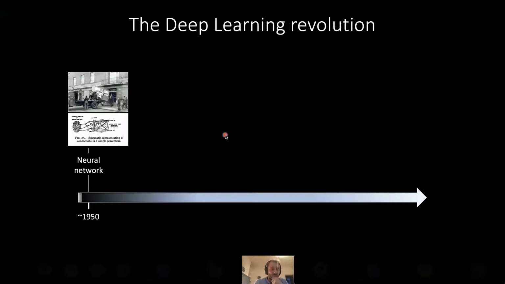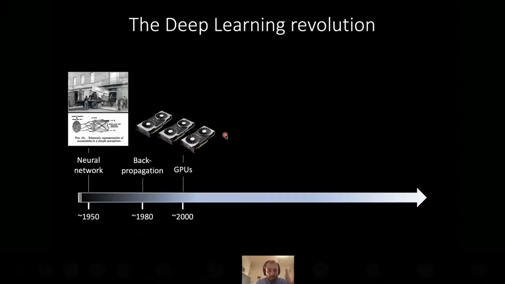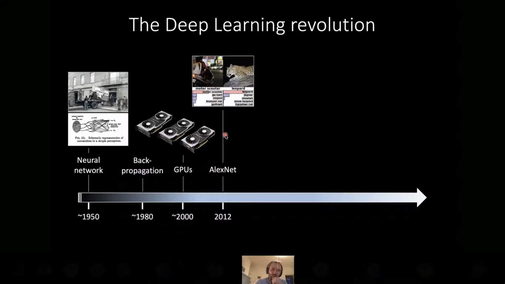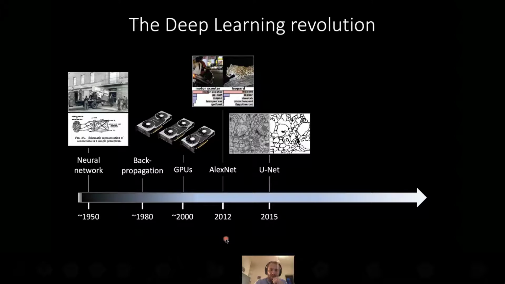It's been thought through already 70 years ago, back in the 50s, and remained a bit of a mathematical oddity up until maybe the 80s and the early noughties, where backpropagation and the widespread use and availability of GPUs made the use of neural networks a lot more practical. But it's only from, say, 2012 and 2015, with AlexNet and the building block which is UNet,